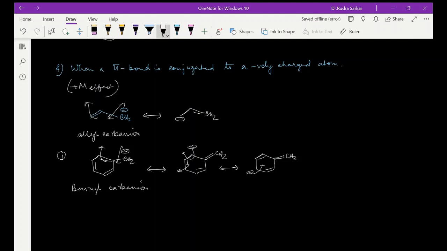Also important to notice that the negative charge moves towards the pi electron cloud, right? So if you compare this with the benzyl carbocation, you will see the reverse movement of the arrow. So here the negative charge is moving towards the pi electron cloud. Okay,